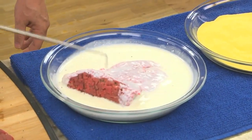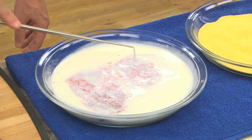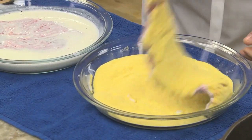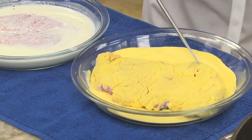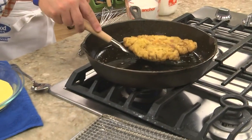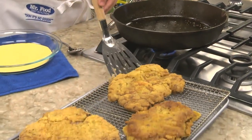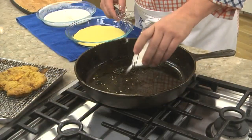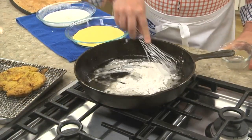You see, the buttermilk adds a tang to the breading and helps tenderize the meat. We coat both sides really well with some yellow cornmeal, which will ensure lots of crunch in every bite. After pan frying them, when the coating is golden and they're cooked all the way through, we place them on a wire rack. Then, in the same pan, we add some seasoned flour to the drippings,